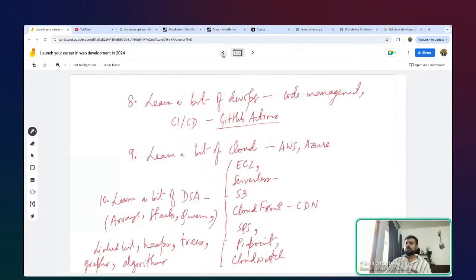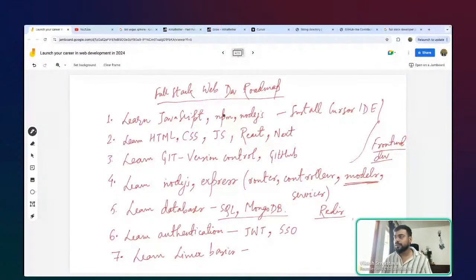Okay, so this is what we are expected to do, and that is how I think you can think about launching your career in web development in 2024. So if you stick with this particular roadmap, this might take, let's say, 6 to 7 months to really get into the meat of things. But once you're there, I think you can really pat yourself on the back, because you are now a skilled developer, and after some effort, we should definitely be able to get a job.